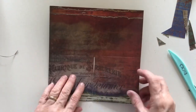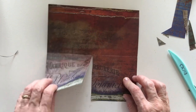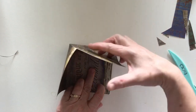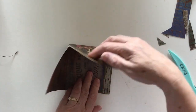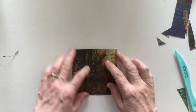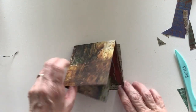So what you do now is you take the piece that you've cut here on the left and you swing it across here. So it goes there. And then you take this other piece with the score line in it and you push it down and push it down. So you end up with this square, which you can then stick into your journal, and then it will pop